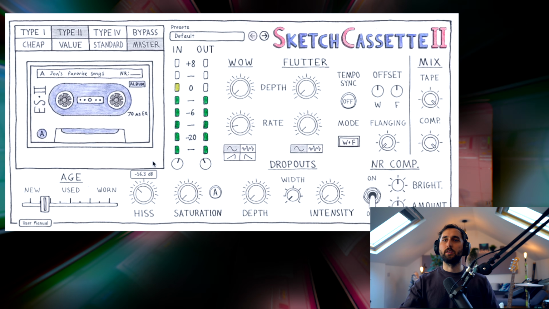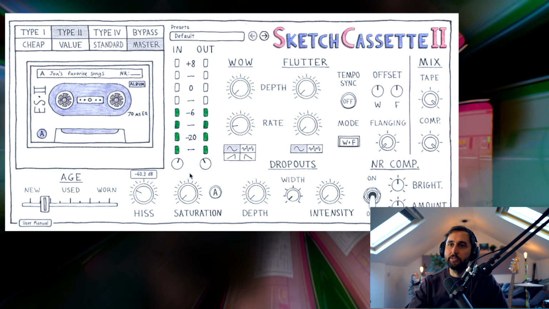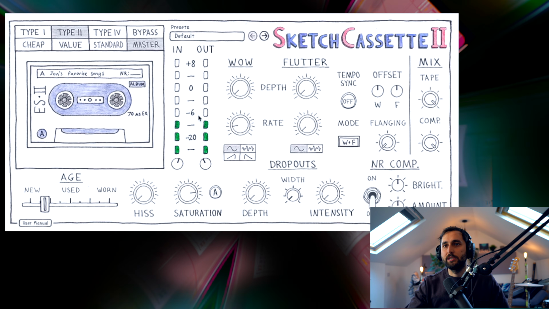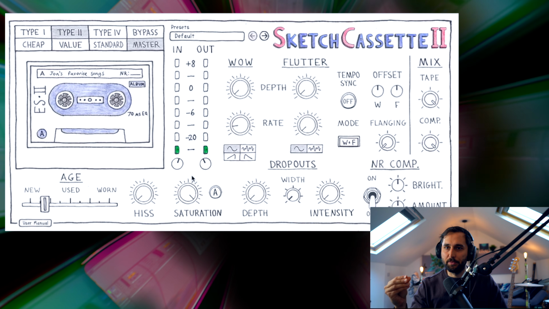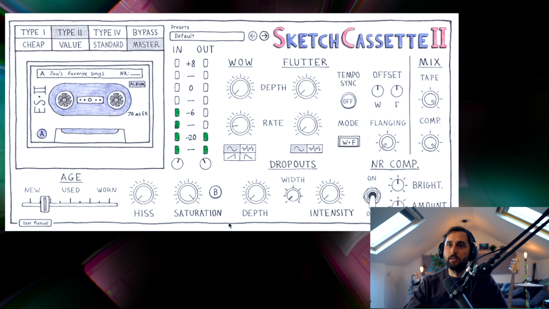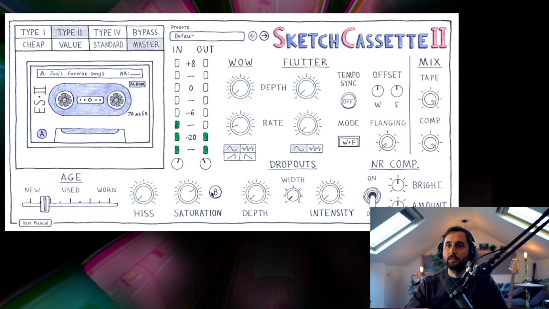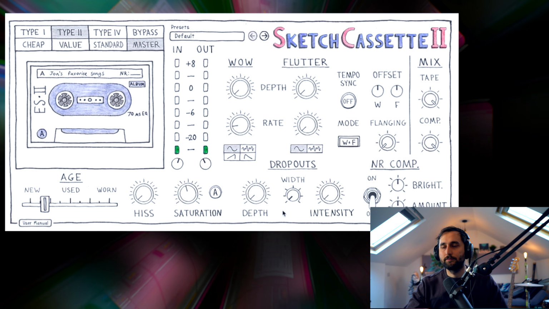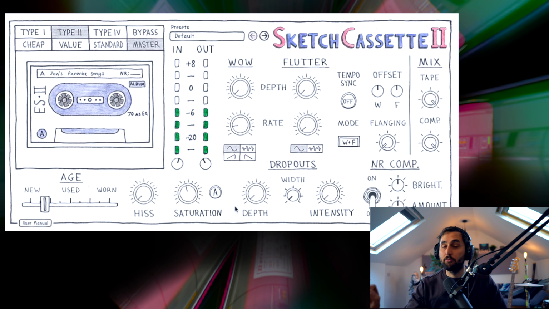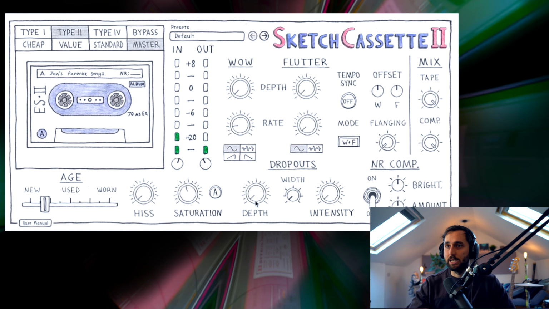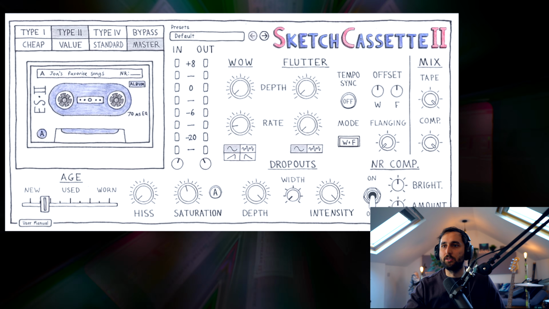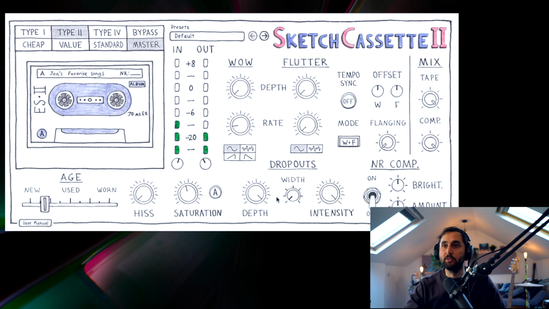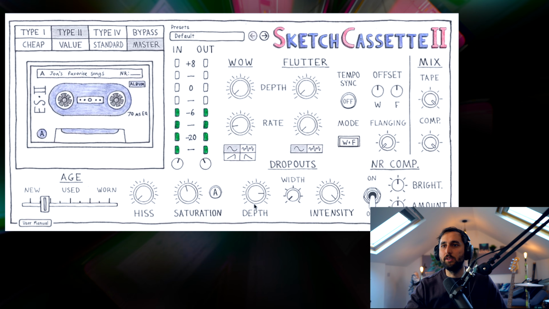You can control the hiss or the white noise there, add some saturation. I really like the saturation. It's quite a subtle one, but it adds a nice warmth and character. If you click to the B, it's a little bit more extreme as well. Another really cool feature of this one is the dropouts, which isn't on any of the other ones I've mentioned. So this is what the dropout is in a dramatic form. It's cutting away some of the audio. But if you use it more subtly,